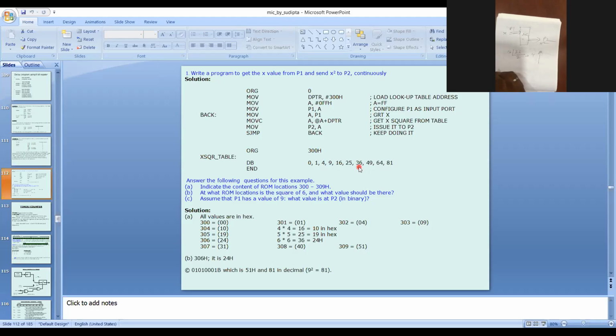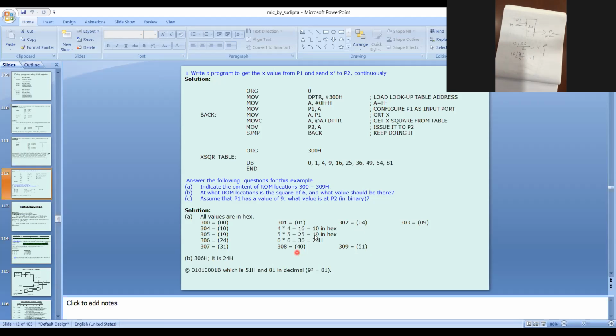Similarly, 81 divided by 16: 5 into 16 is 80, and the remainder is 1. So it will be 51H. Just see 309, it is 51.